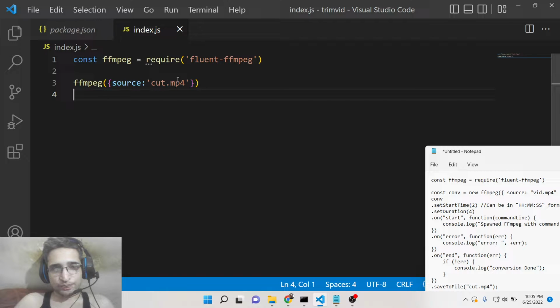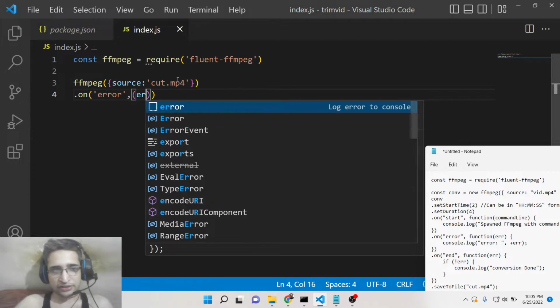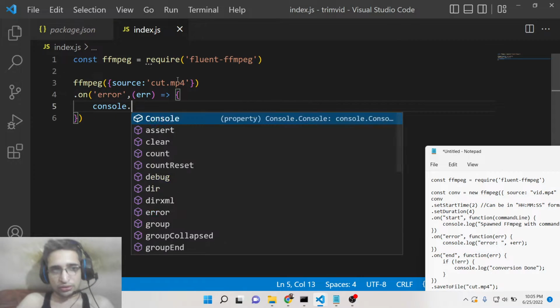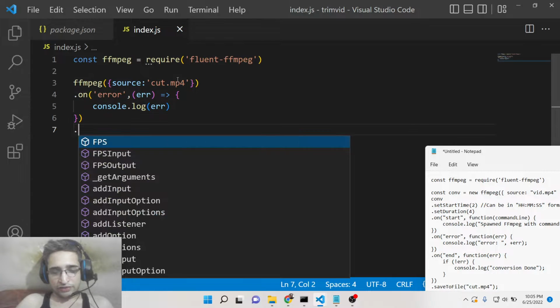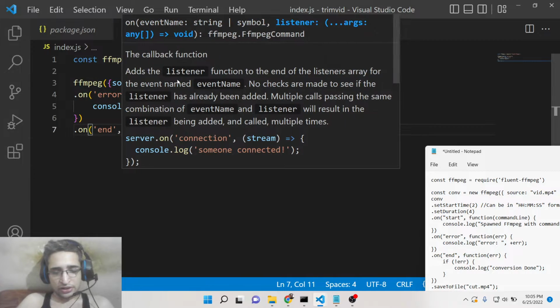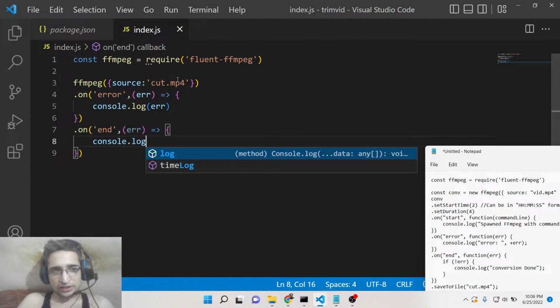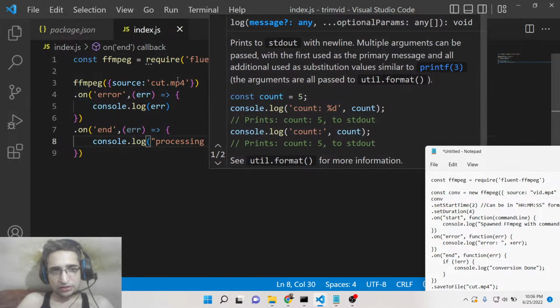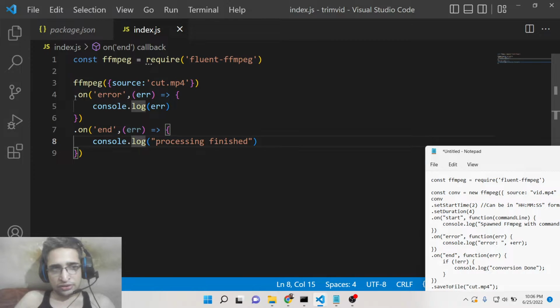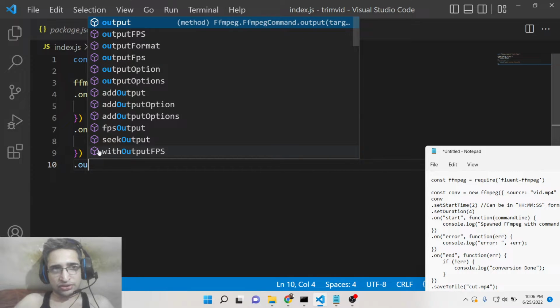Now we need to put the methods. First of all, we will put the error callback. If any sort of error takes place, we will simply console log the error. And if the process is successful, in the end process callback, then also we will simply say in the console that processing finished. That's it. These are just callback functions for error handling purposes. And now we will apply the output options